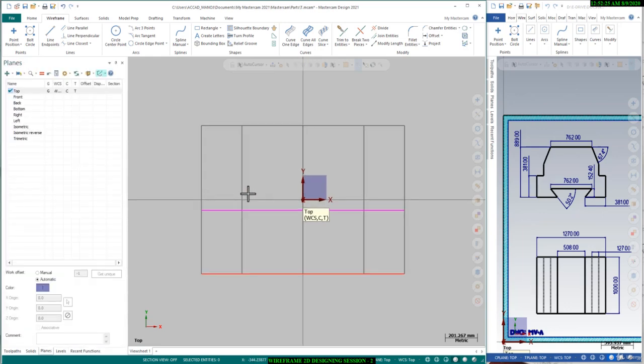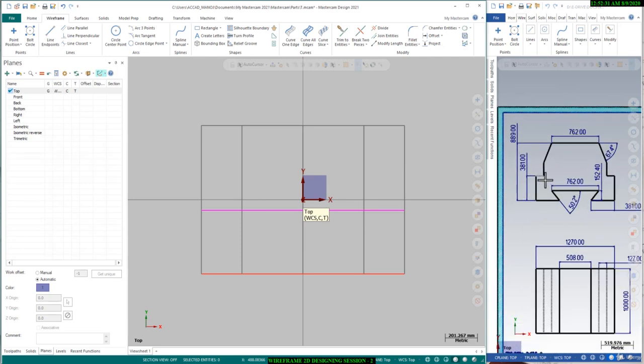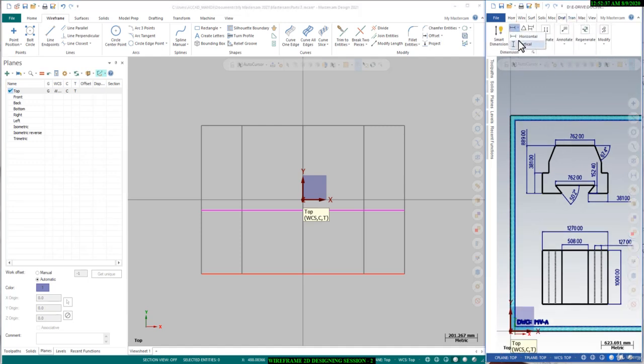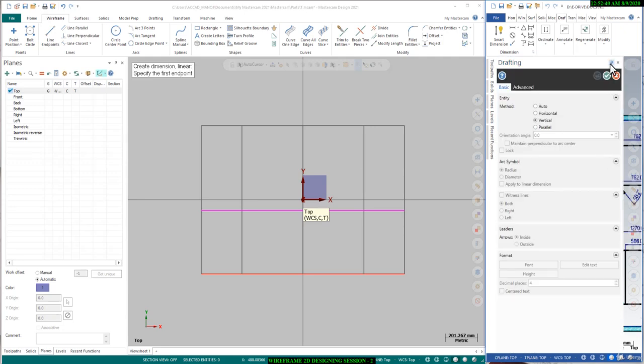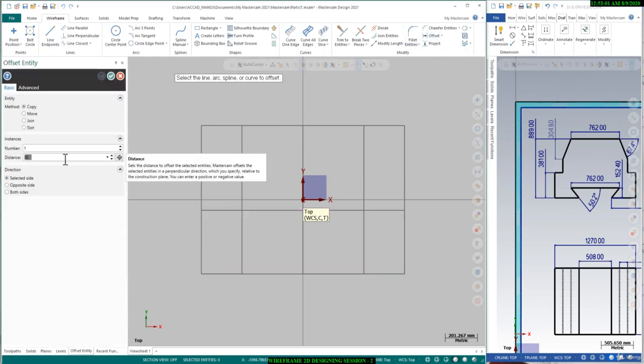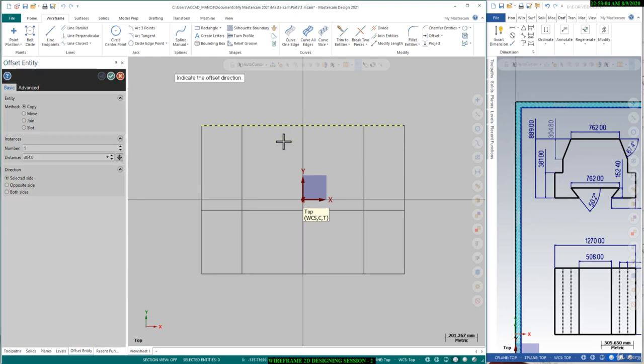Okay, so the next height is, we will check the dimension from here, vertical. So I will check what is the height from here to here. So the height is 304. So we will offset it from here to here, 304 mm from this top to this side. Okay,